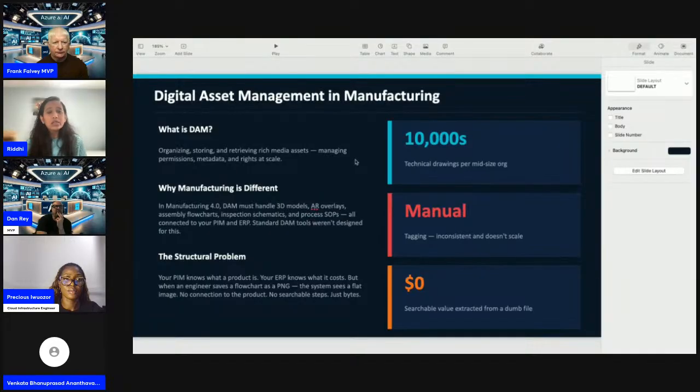There you go, now we see the digital asset management. When I hit the play button, both of my screens are captured with one slide.